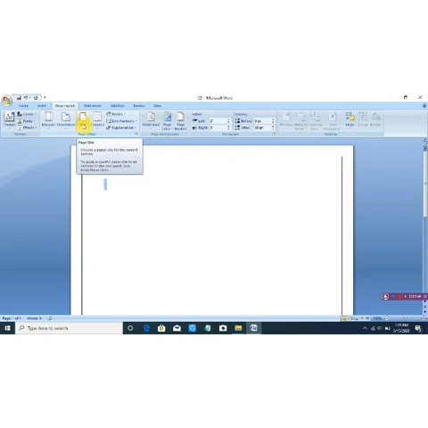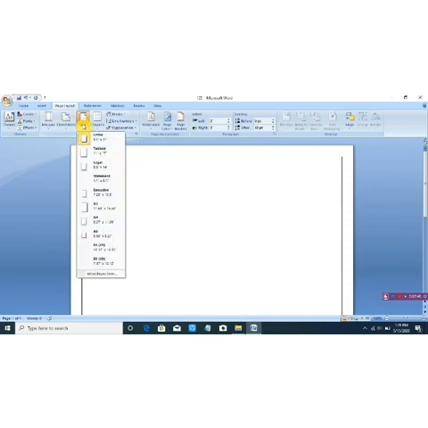Now come to the size. Again you can see different sizes are given: Letter, Tabloid, Legal, Statement, Executive, A3, A4, A5, B4, B5. Most of the time we create a document on A4 sheet paper. So we will click over it.